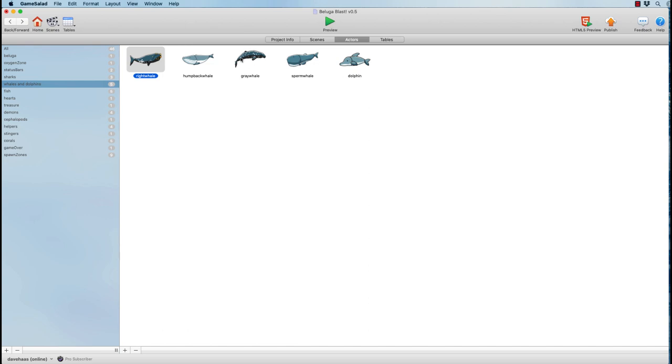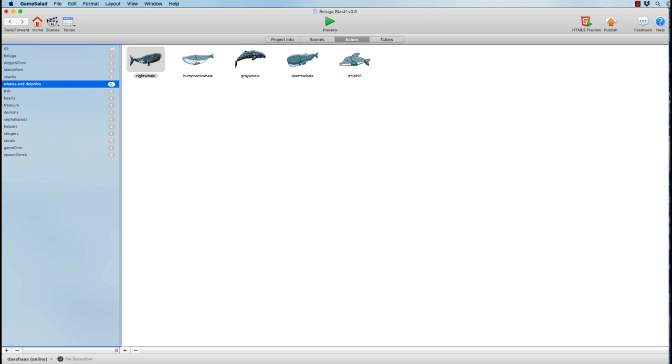Each one has its own image. They all have different sizes, different size data or attributes that make them bigger or smaller depending on what animal they are. But all 5 objects or actors are contained in this whales and dolphins object. And in GameSalad, these are all of the things you see here on the left are things called actor tags.